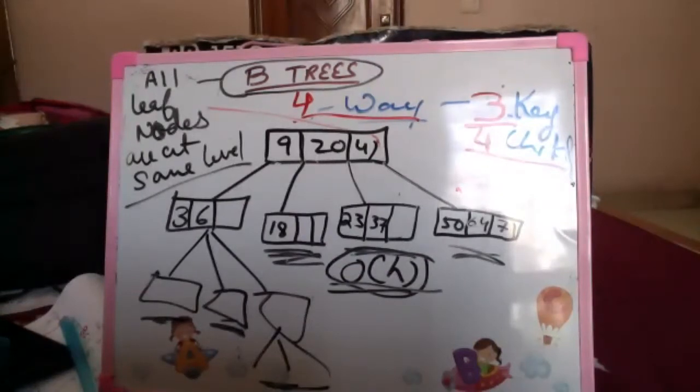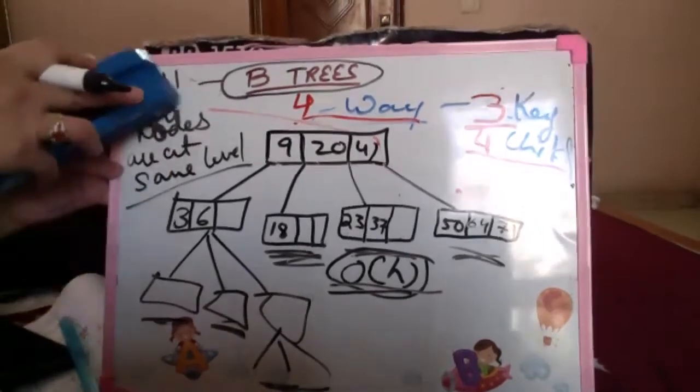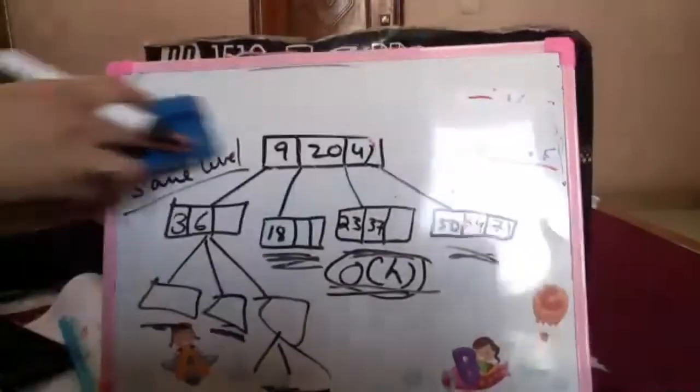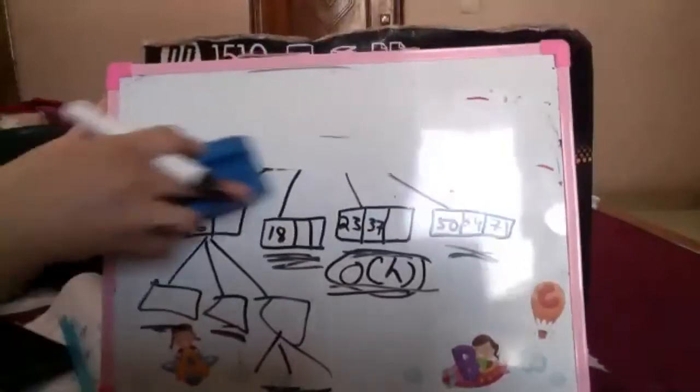Are you all able to understand that? Yes, ma'am. Fine. Till here, I believe it is getting clear to all. There are some properties of a B tree that I'll give you as notes and you can go through them. If not able to understand, just ask. We'll move on to how we insert data in a B tree.